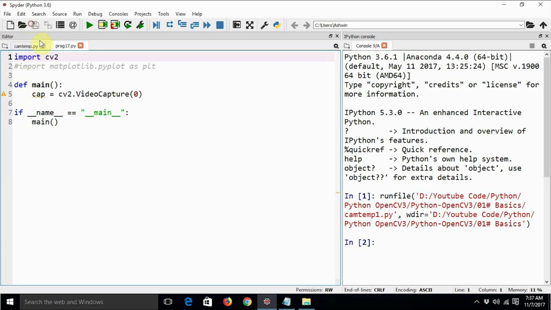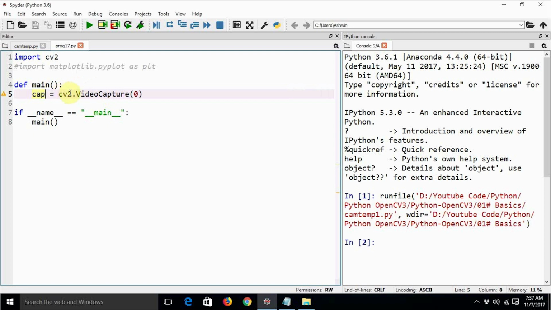So the first thing is that we just import cv2, which is nothing but OpenCV, and in the main function we are creating a variable. That object is cap. Cap stands for capture. Many people actually say cam in place of cap. These are usual conventions. Either you can have cap or cam, but it's not necessary. You can have anything. This is nothing but a variable, right? Image1 or something like that. Only for the sake of convenience and understanding, or to follow the conventions, I'm going to use cap throughout the series of tutorials.